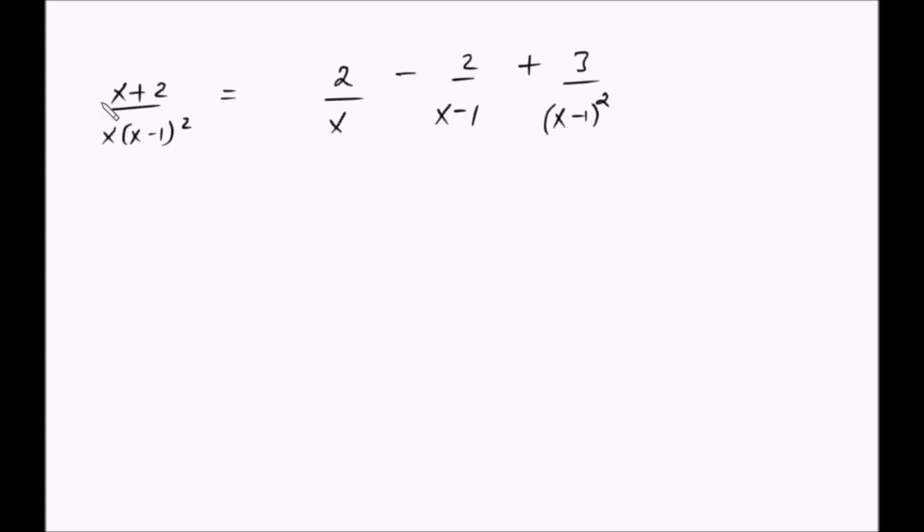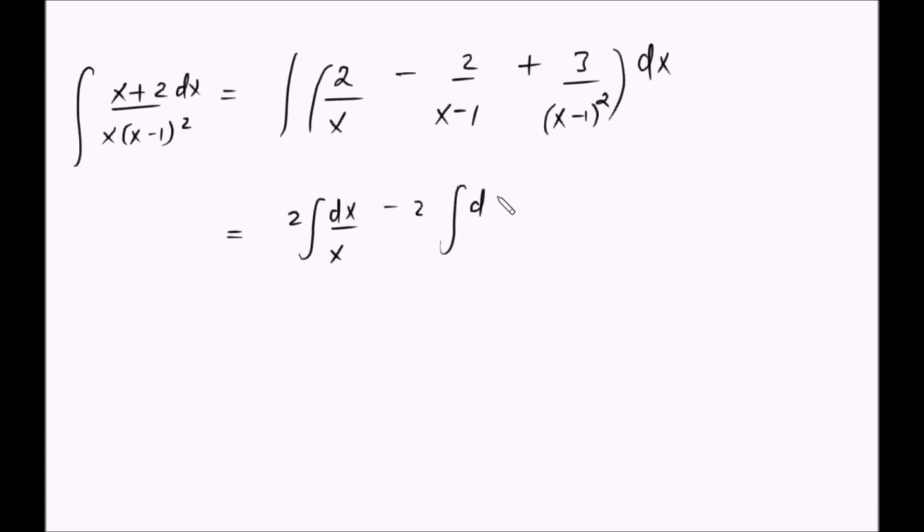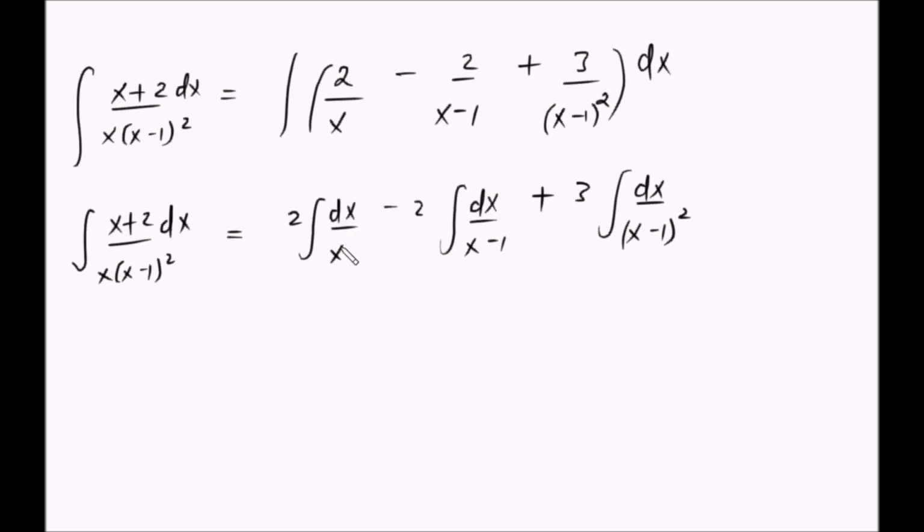So now, integrating all of this with respect to x, what will we do? 2 is a constant, put it outside. Minus 2 again is a constant. Plus 3 is also a constant. So this is what we get here. Integrating this, dx over x gives 2 ln x. The x minus 1 term we have done many times, so I'm not going to repeat it; it will be ln of x minus 1, plus